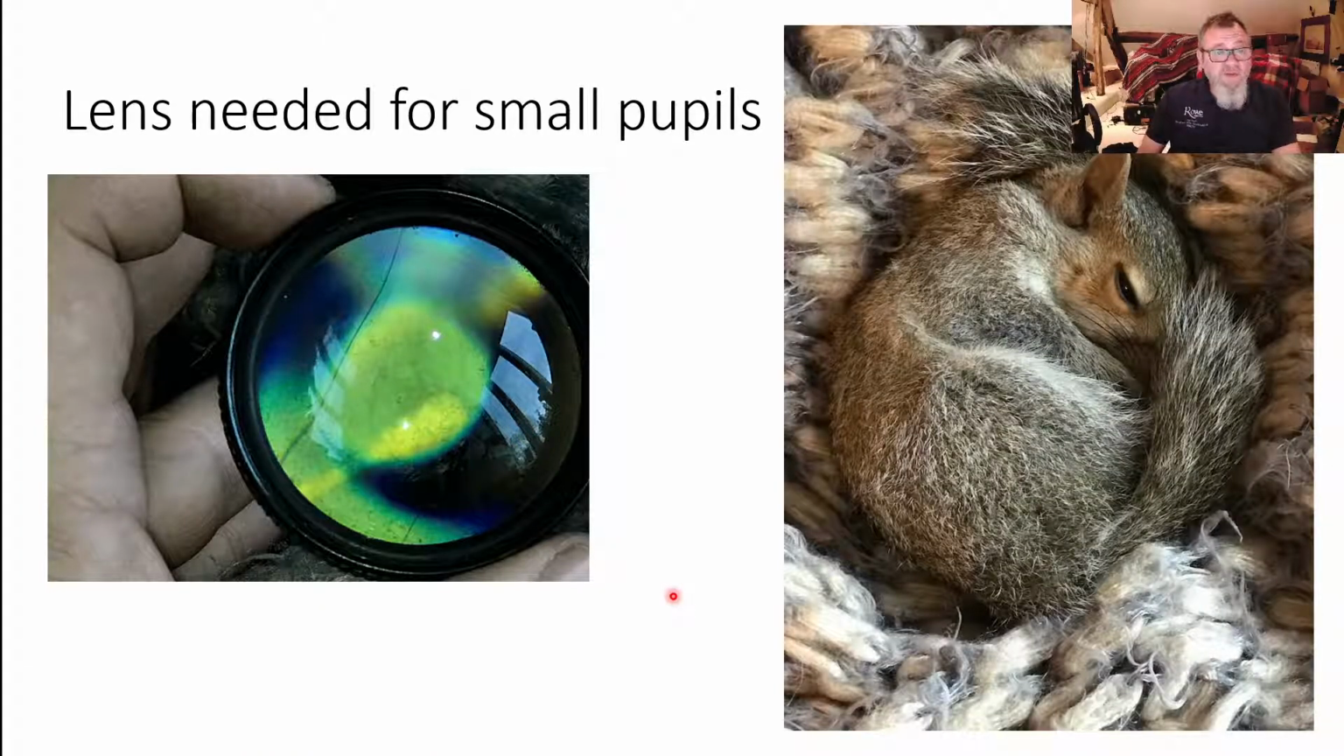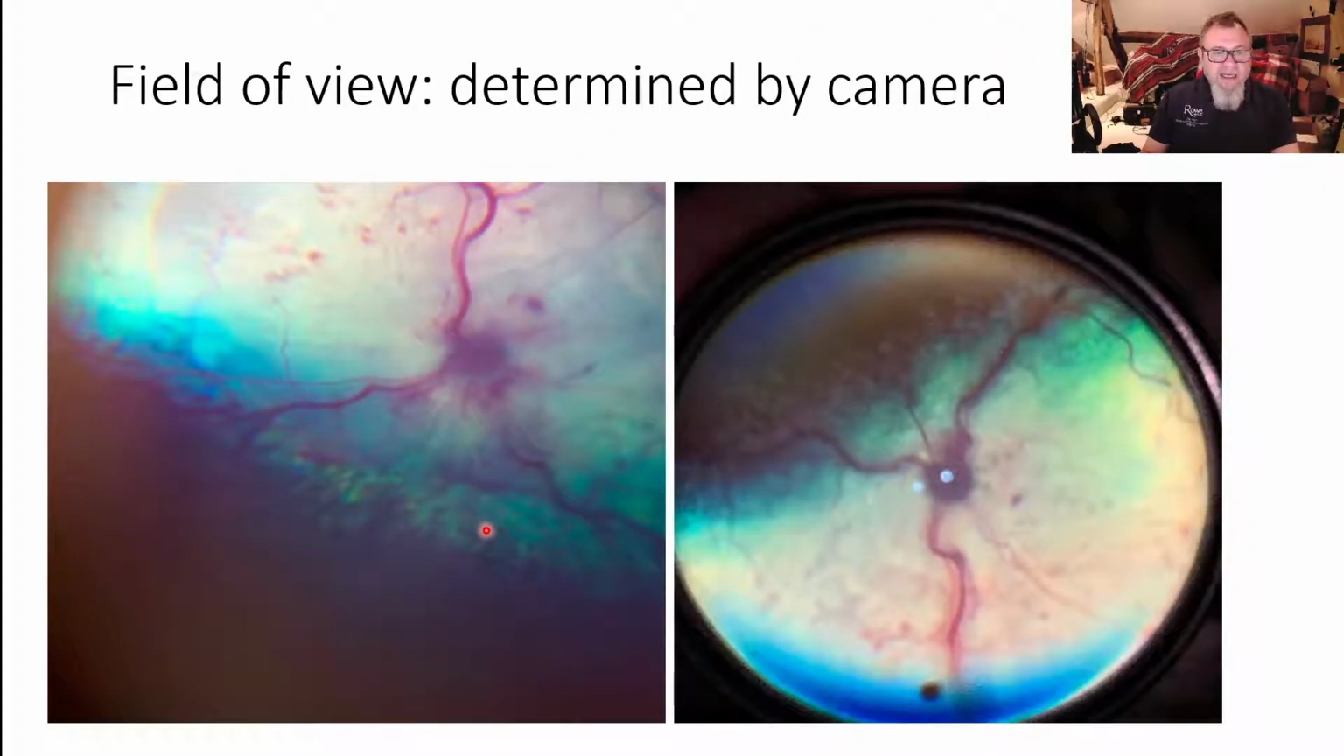Your lens is very useful for small pupils. Even with a squirrel we examined, an eye this small, we're able to see the very interesting fundus of this very small creature. Now, if you're using direct ophthalmoscopy, so if you're using your phone to examine